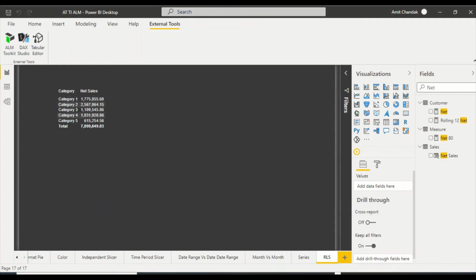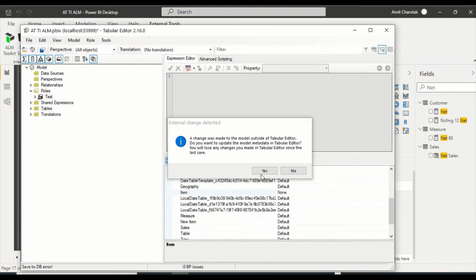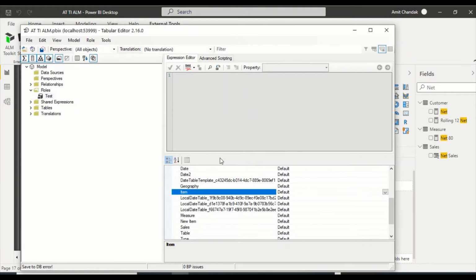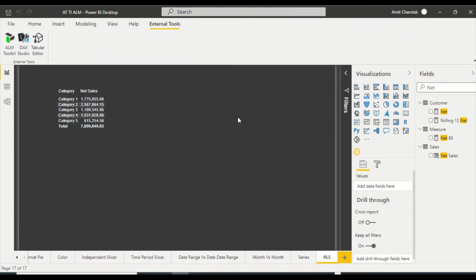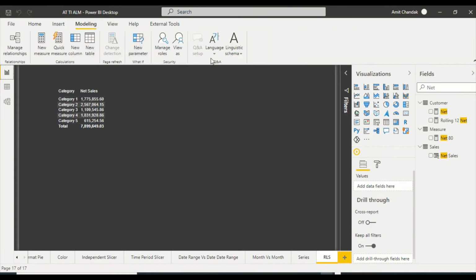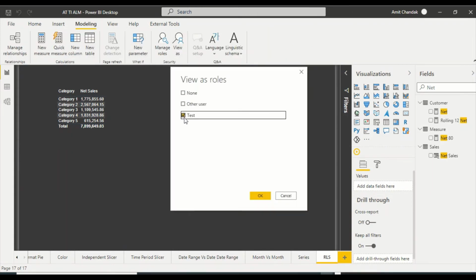Let me go back to Tabular Editor and try to save it. I make it null and let me save it. Now this time around it has saved it, so you can see that these were cache changes. Now I go back to the modeling tab and say view as, and I say test,